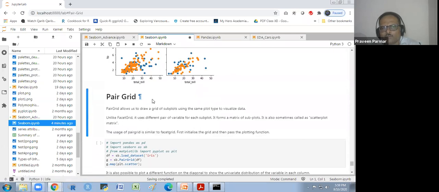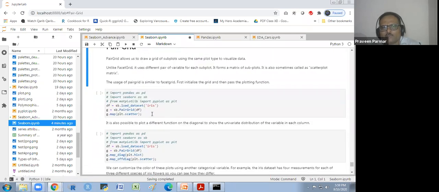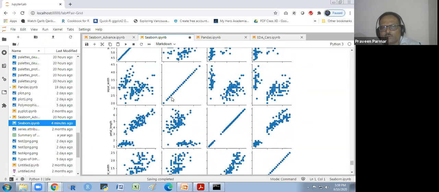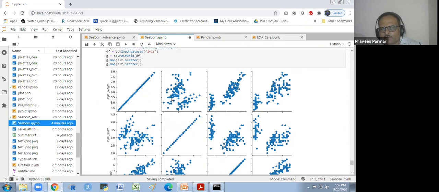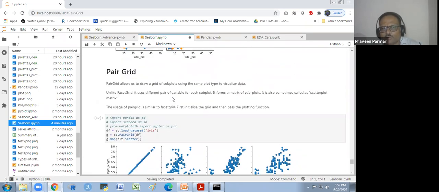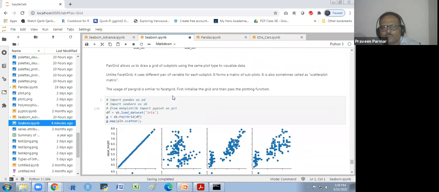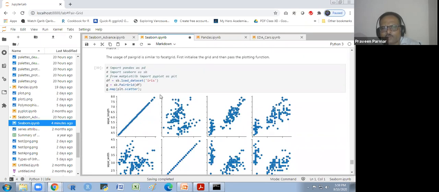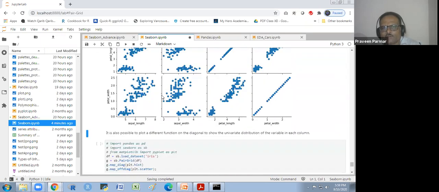PairGrid we have created already, I think. Still we are creating this. So this is the PairGrid. We have done pairplot there also. So it is the PairGrid we are using here, with sepal length and all this.